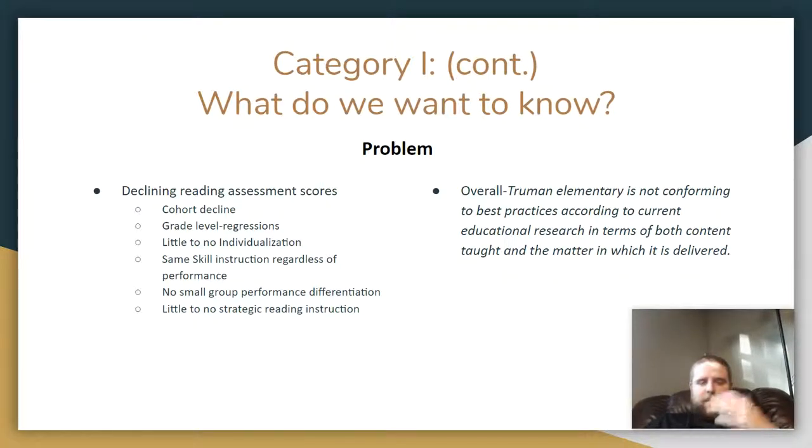So the basic end of this, the problem is we have declining reading assessment scores. We have our cohorts declining, our grade level is regressing. From a little bit from the reading specialist here, part of the problem is also we have little to no individualization or differentiation. We have same skill instruction regardless of performance. So even if we have really high learners, they are receiving the same instruction as really low learners, and that